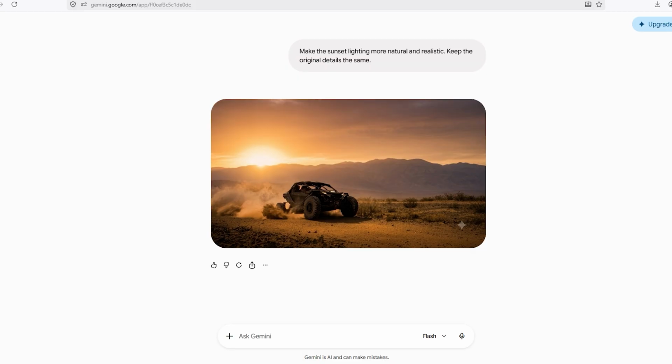So try this yourself. Take one photo from your computer, upload it to Gemini, and experiment with different lighting setups. Try sunset lighting, try studio lighting, try dramatic movie-style lighting,